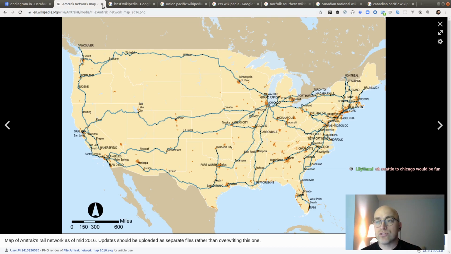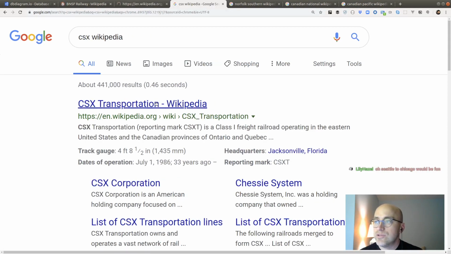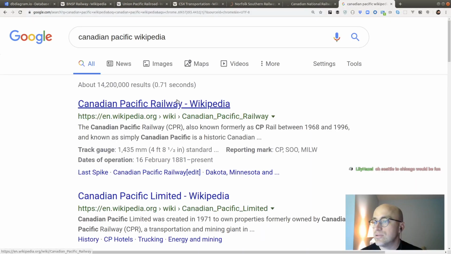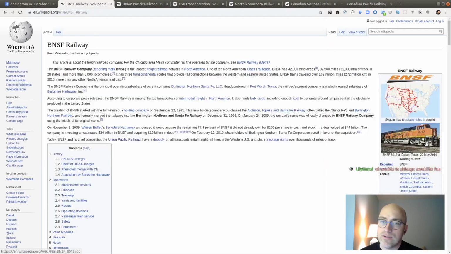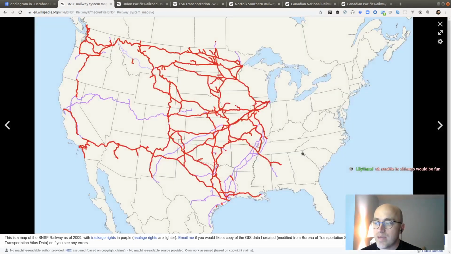That's passenger train in the United States. Then BNSF. There's Union Pacific, CSX, Norfolk Southern, Canadian National, and Canadian Pacific Railway. So these are freight railroads, right? Here is the BNSF map. As you can see, giant. And yes, they share tracks with Amtrak. Amtrak uses their tracks. Hello, Lily.